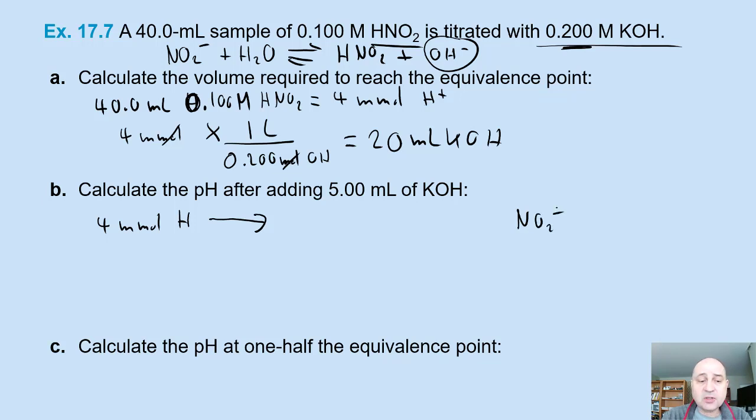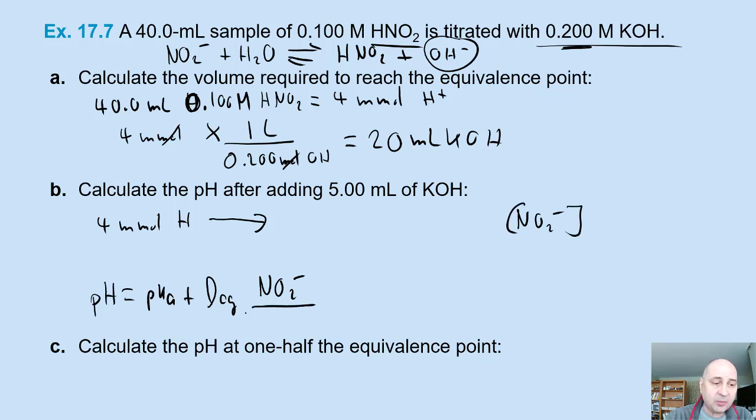So we can actually use the Henderson-Hasselbalch equation. We can simply say that the pH equals the pKa plus the log of our base concentration at equilibrium. So after it shifts, we need to determine that, and then plug in what is left over of the acid,